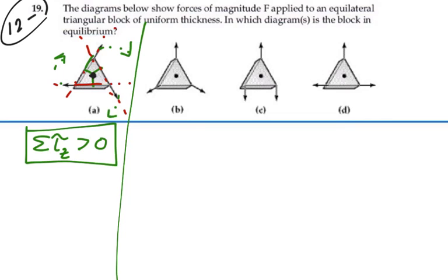The lines of action of these forces now go through the origin, all three of them. They have no moment arm, and hence the summation of all the torques about z will be equal to 0. So we have torque equilibrium on this one. What about force equilibrium? Good question. Well, if we look at these forces, all of them F,